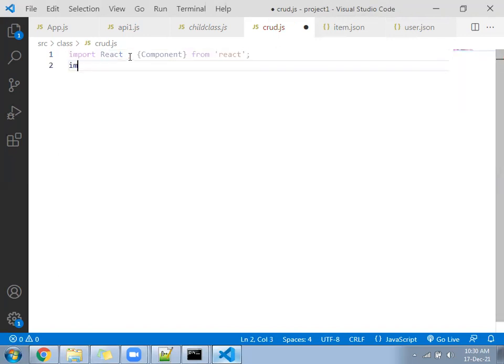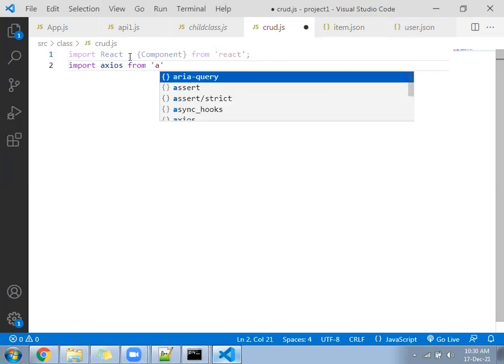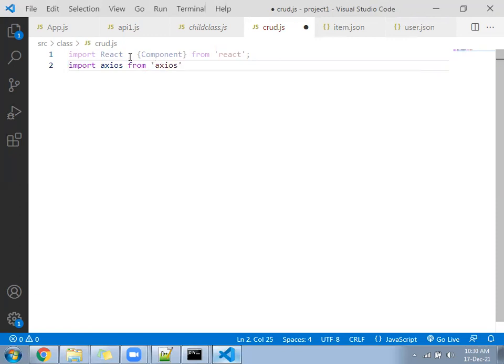Import Axios from Axios. Now write a class CRUD. CRUD full form is C for create, R for read, U for update, and D for delete.